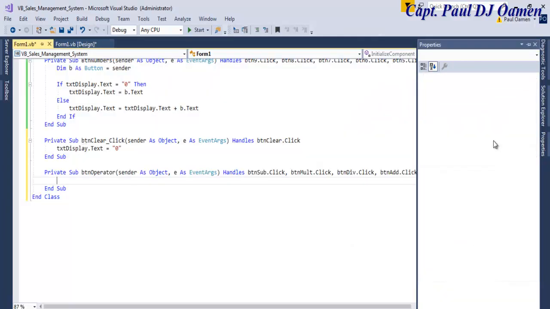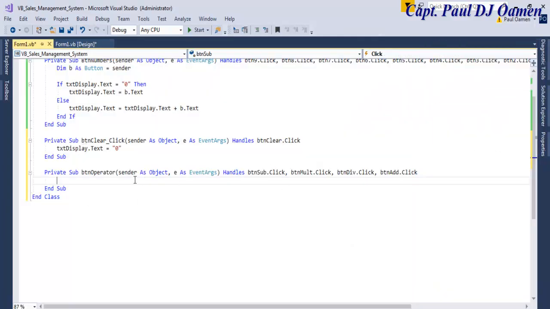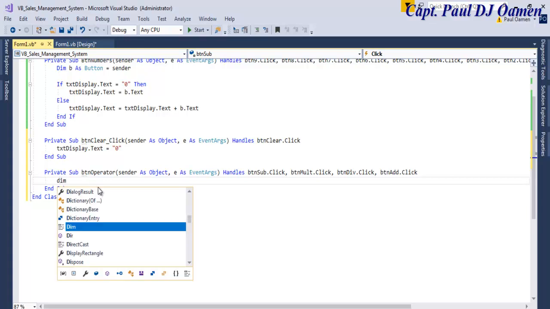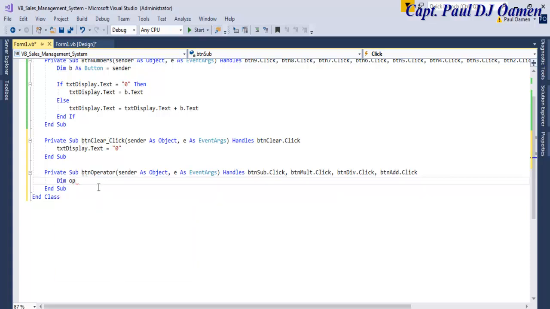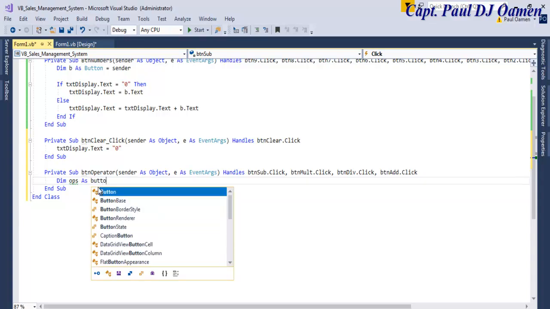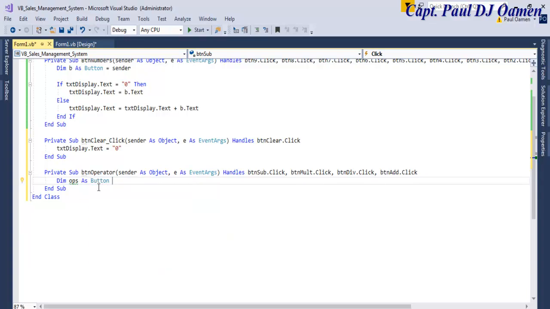Right, press enter, and inside btn operator, just as usual, I'm going to declare a variable. But the variable is going to be sender. So let's say dim operators as buttons, as object button, and in here,